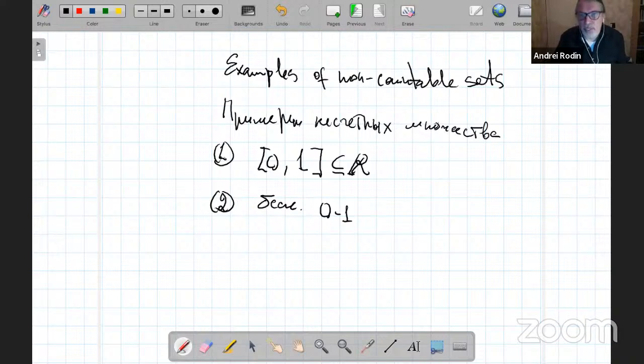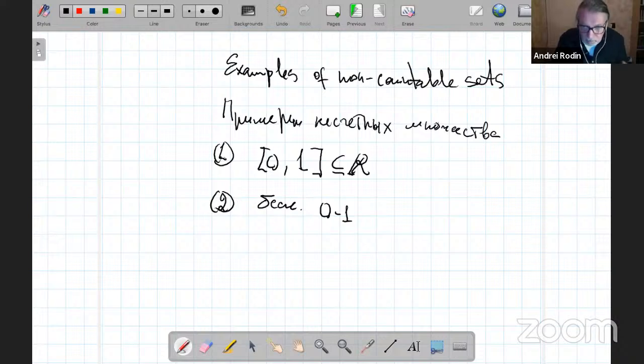Then also recall that I didn't tell it last week, but it was an important amendment. Today, we also introduced a way to talk about sets being of higher cardinality or lower cardinality, right? This is via a theorem that I did not prove, however, just announced. So we should keep in mind that all sets are actually comparable in that way. And now we come to examples of non-countable sets. If all sets were countable, all this theory would be somewhat trivial, not interesting, right? So our examples,